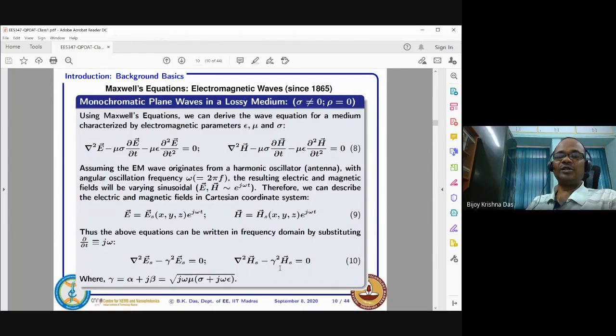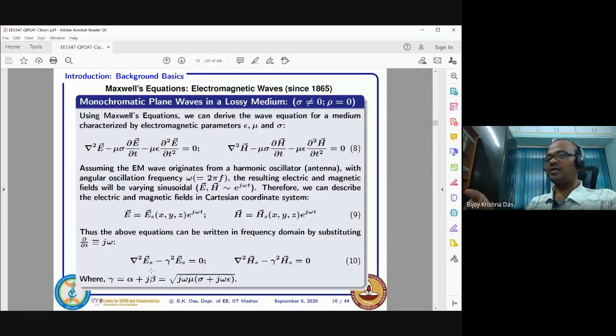Similarly, this one also, this is a scalar equation. HS will be along the y direction. From Maxwell's equations, you can find that if ES is dominating along the x direction, then HS will be in the y direction, because you are only considering the z direction. Remember that the vector direction is x, but along that direction the field is not changing. You should distinguish spatial dependencies from vector direction. That should not be mixed up. Sometimes you guys confuse that.